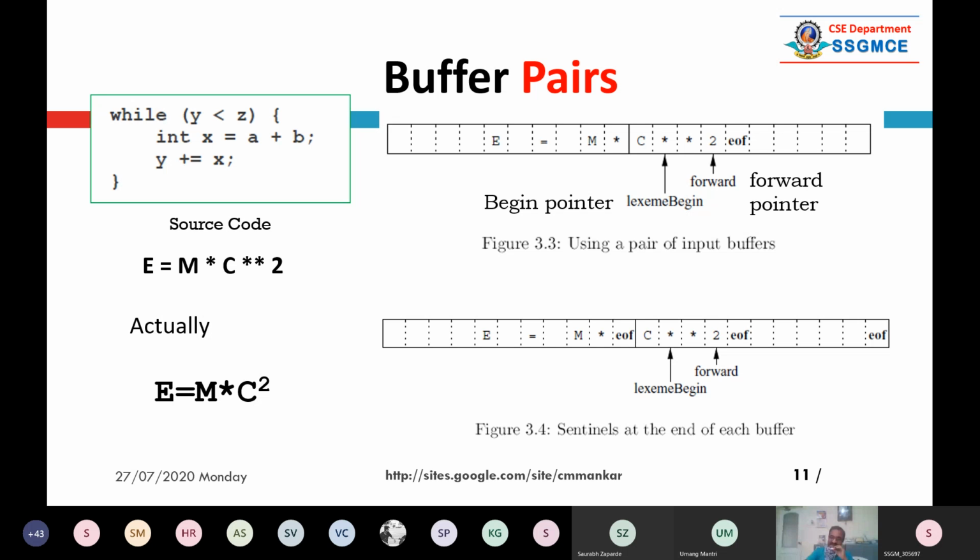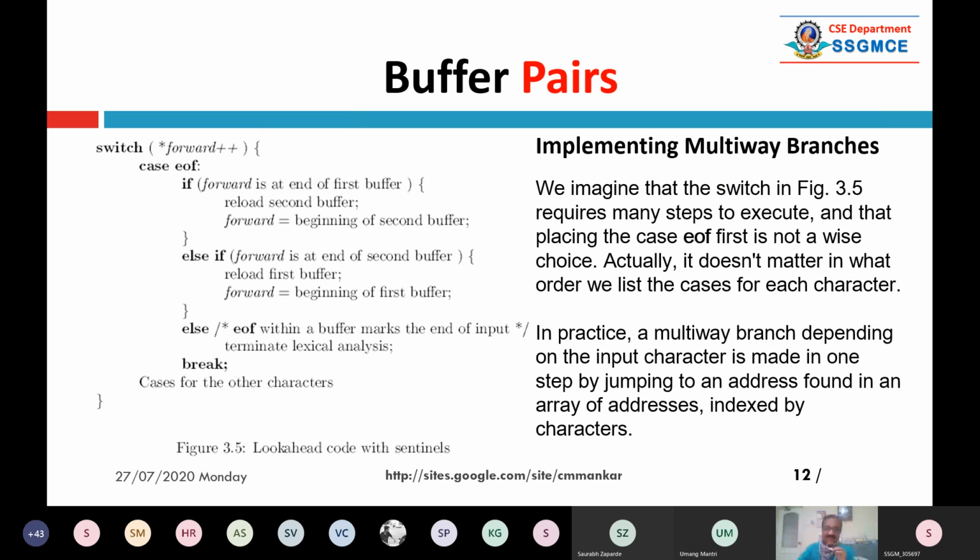When you process the first buffer, in that time, you load the remaining part of your code into the second buffer. Once you finish the first buffer, you start reading or processing the second buffer. And in that time, if there is remaining code, you load that code into the first buffer. This is the algorithm, and it is given in this slide.